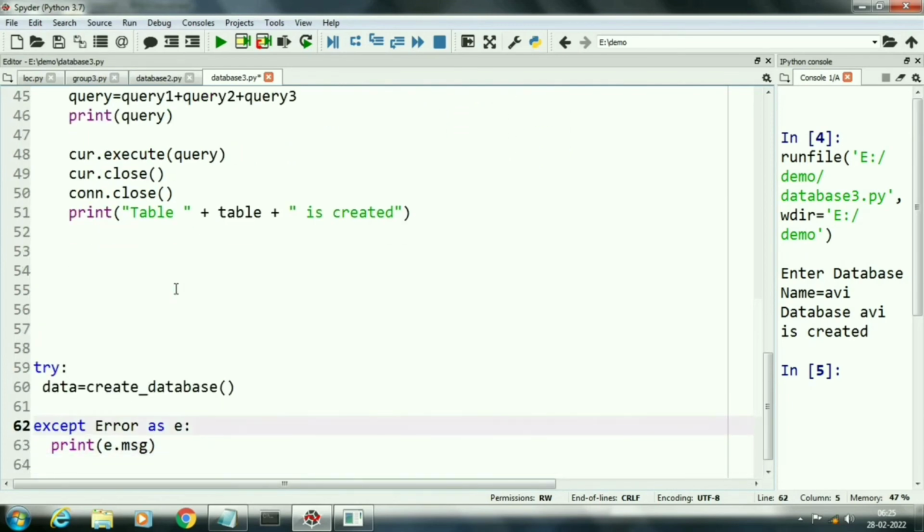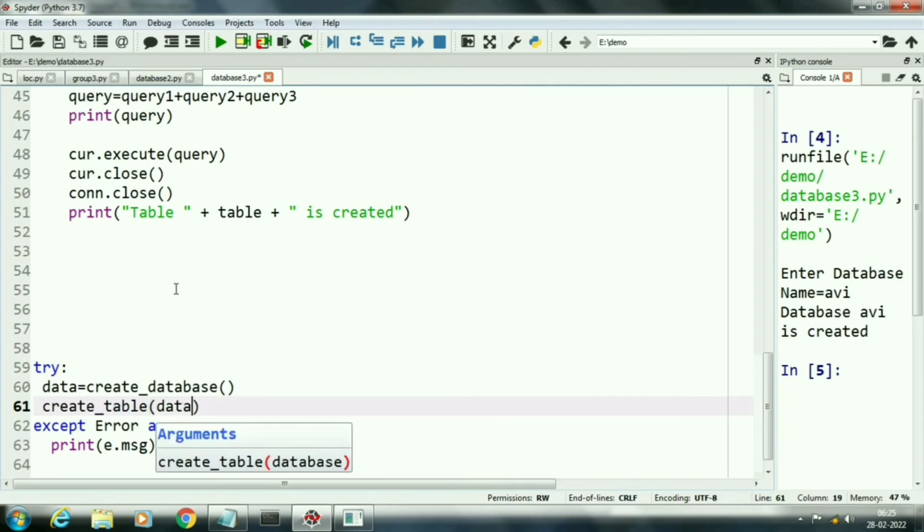Now in the try block we will execute our function create table. Here we will pass data, that is our database.